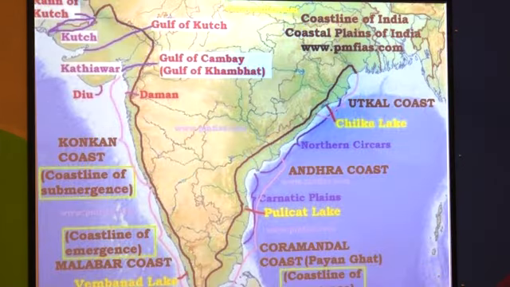So when we observe, see here, this western coastal plain area is parallel to the Arabian Sea and the eastern coastal plain area is parallel to the Bay of Bengal, means it is totally sandwiched in between the Eastern Ghat here and the Bay of Bengal here. In between this Eastern Ghat and Bay of Bengal, the narrow strip is called the Eastern Coastal Plain, and in between the Western Ghat and Arabian Sea, that narrow strip is called the Western Coastal Plain. So it's totally sandwiched between these two physical features.